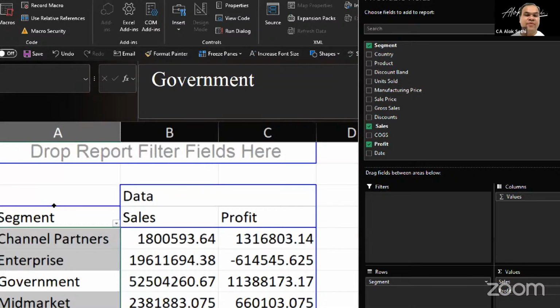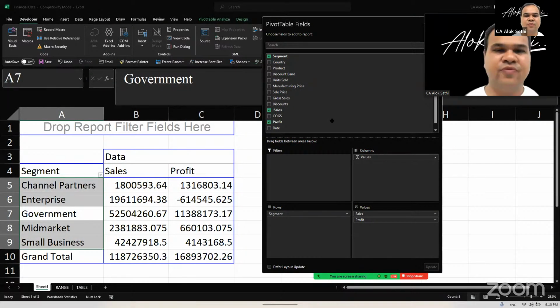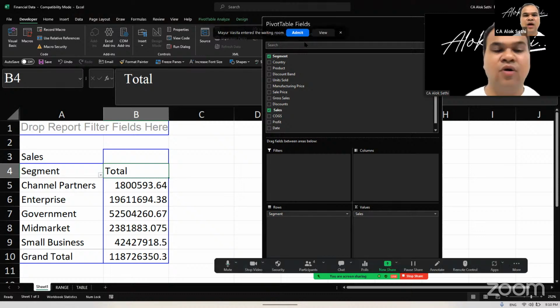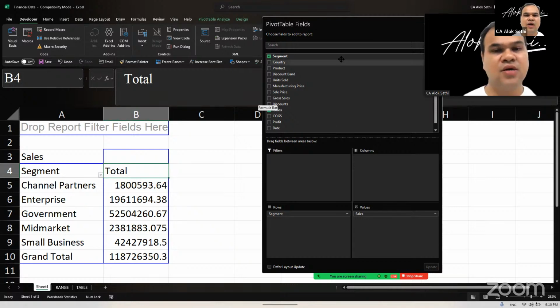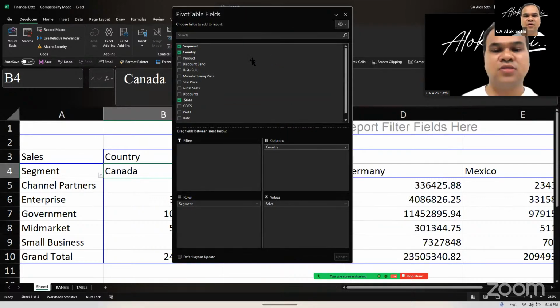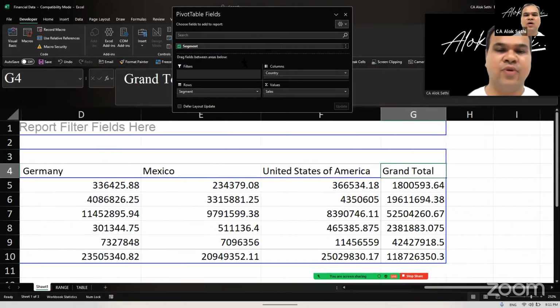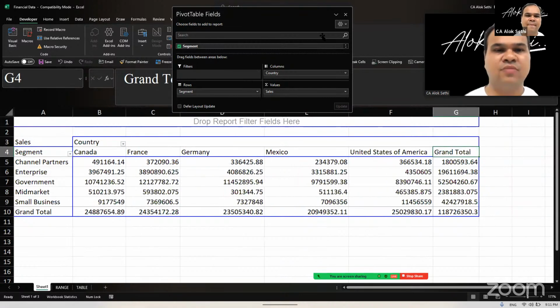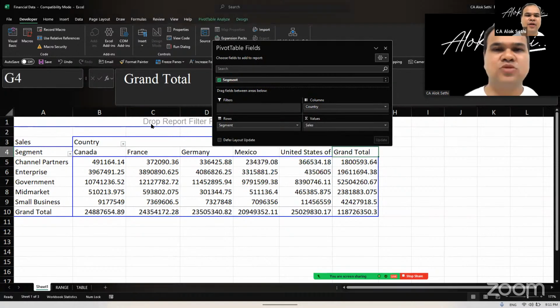And now we can design our pivot table. We can add some filter also. Suppose I want to see financial year wise sales. I have a column of date, so I can put the date into the filter. When you put the date into the filter, you can filter on any particular date. So when you select here,